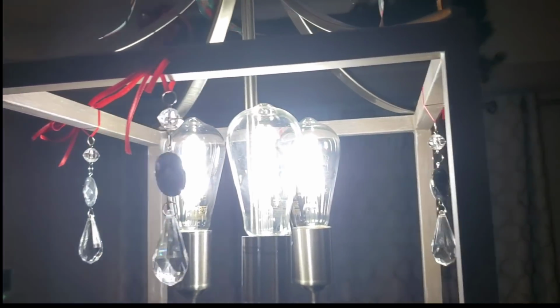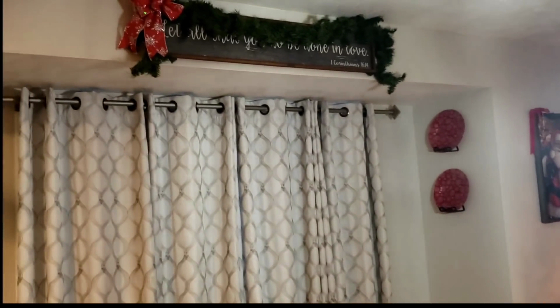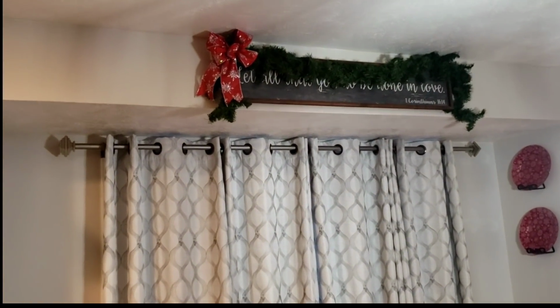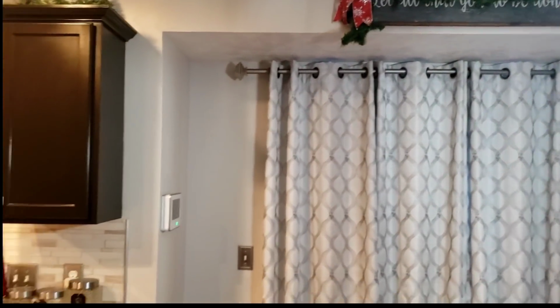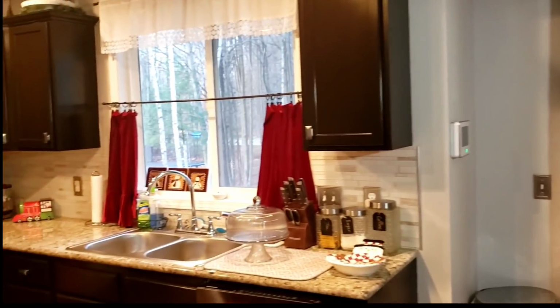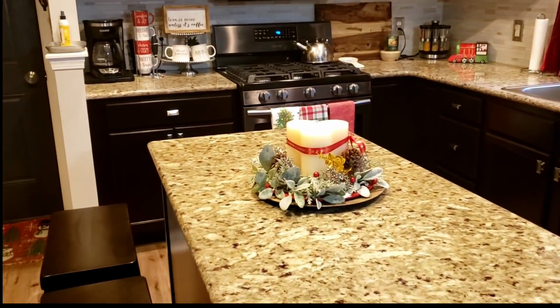I tied red ribbon, little tiny red ribbon, made little bows and added the little crystals on the sides. It was simple but elegant. I absolutely loved it. It looks so beautiful. Oh my gosh. I am absolutely loving this, you guys. Loving it. I'm stepping back because I want you guys to kind of get a full view of what